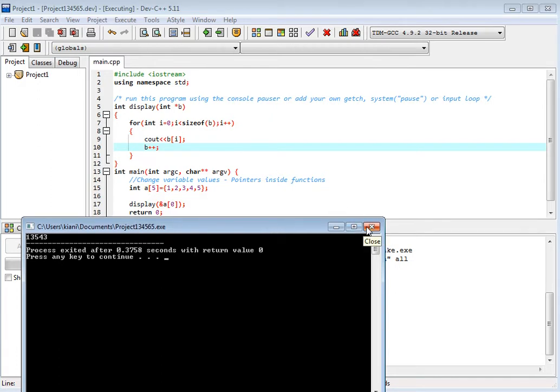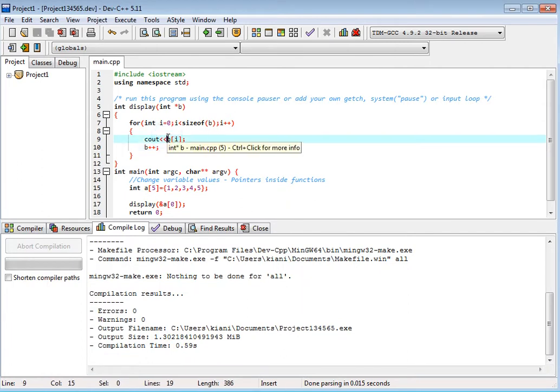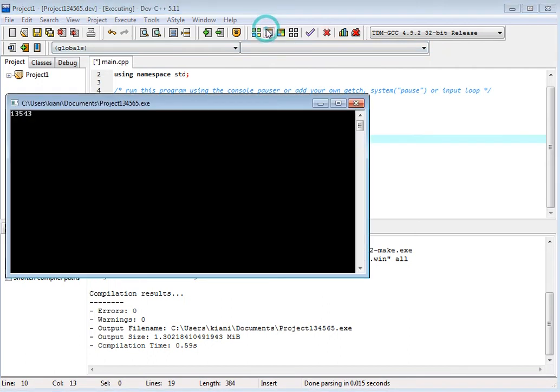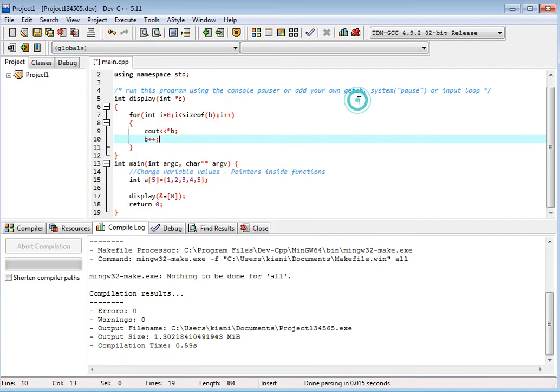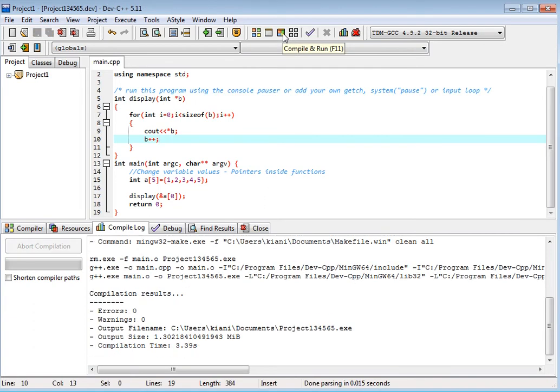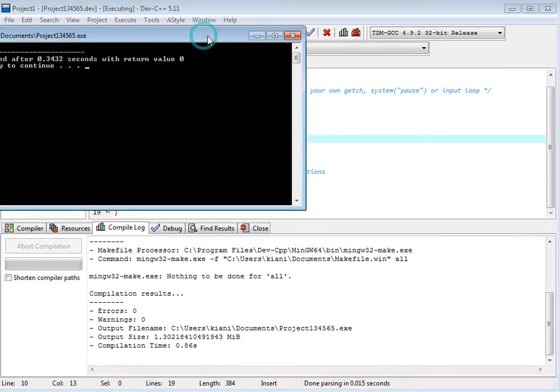So we should print not B. This is value at B, okay, this is I. This is not J. This is the value at this pointer. If we close this and compile it again, you see 1, 2, 3, 4.